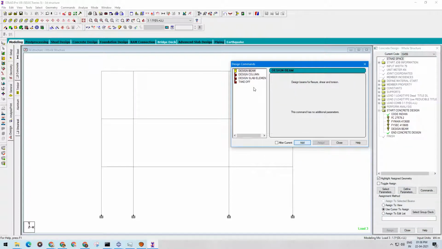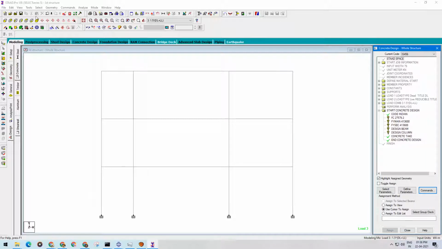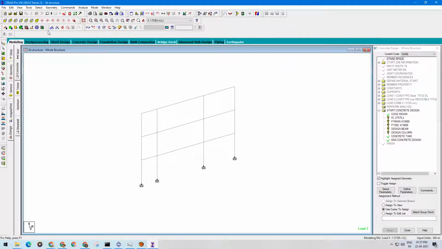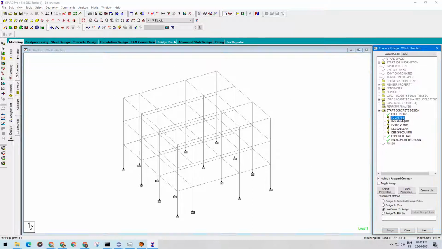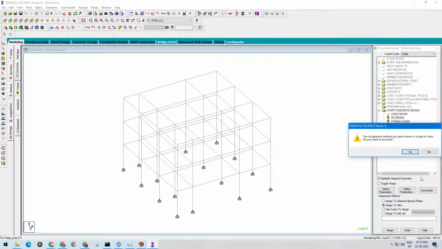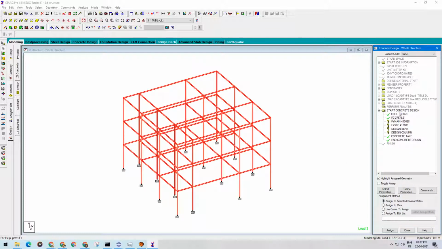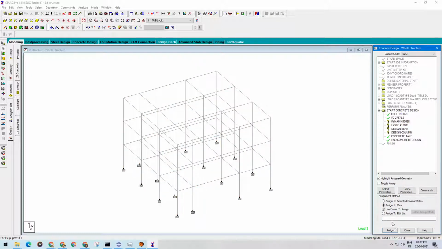So design beam, add, design column, add, and if you are using slab elements or plate elements, you can also design those. Okay, and this is takeoff. Basically, it will give you the quantity of the concrete and reinforcement that would be used in the entire structure. Okay, so FC, this is basically for the entire structure. So you have to assign on the whole structure, and FI main also, FI secondary also,